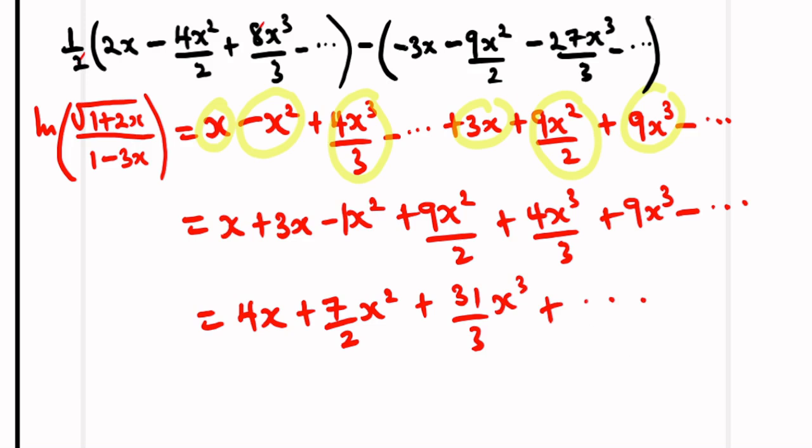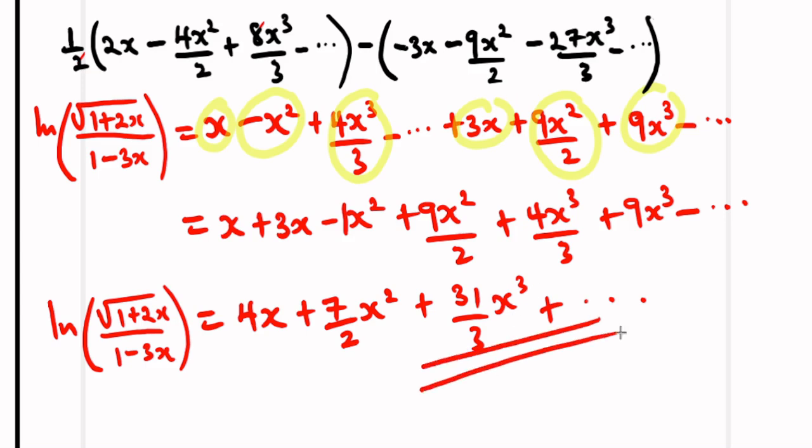This actually goes to infinity. So now the question says find the first 3 non-zero terms. The first 3 non-zero terms we have 1, 2, 3. So this is actually the answer. So when we expand the natural log of root 1 plus 2x over 1 minus 3x, this is actually what we get. So we've been able to do justice to the 2 questions we attempted today,